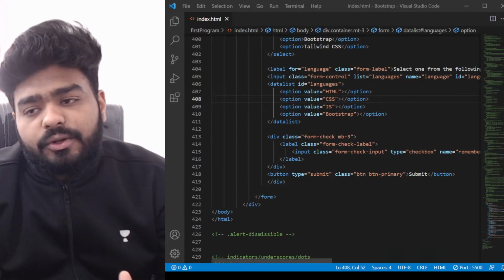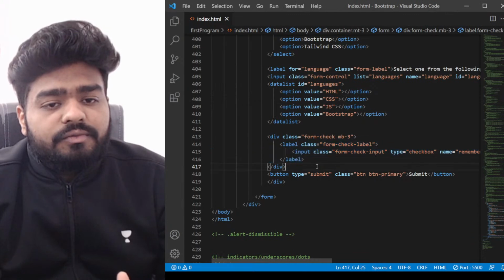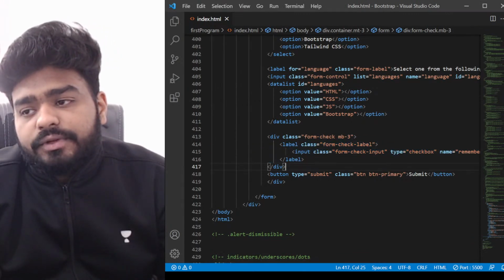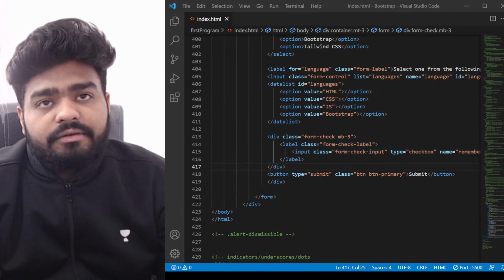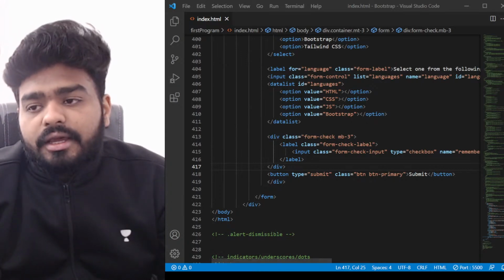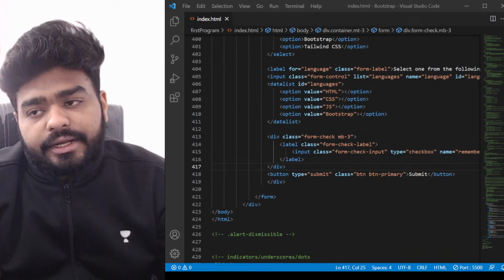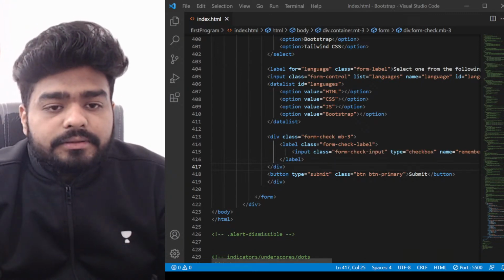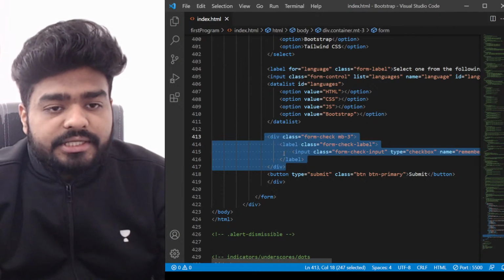So checkboxes you already know, this is the same thing, the checkbox. You can do it with multiple values, like if you want to have a gender option with three values, you can do the same thing. It's just that you need to repeat the same code again and again. So let's say I have this div, right? So in this case, what you have to do,